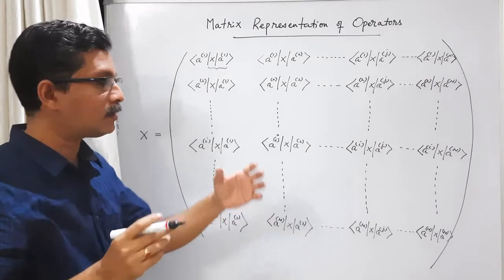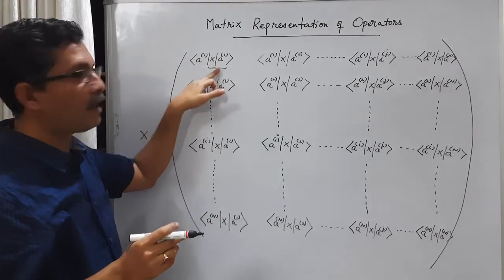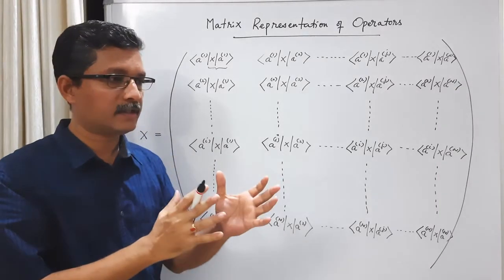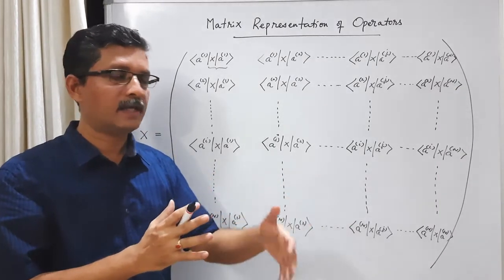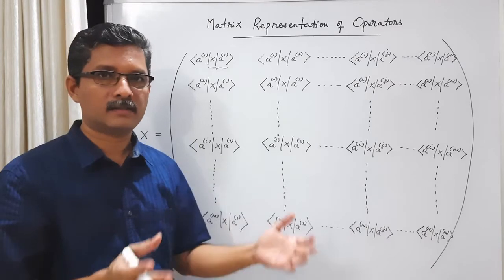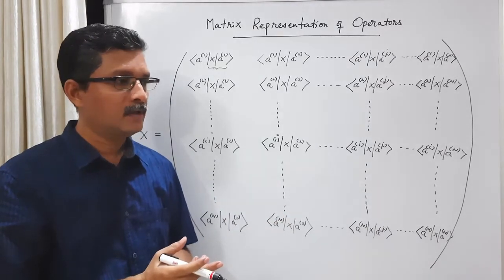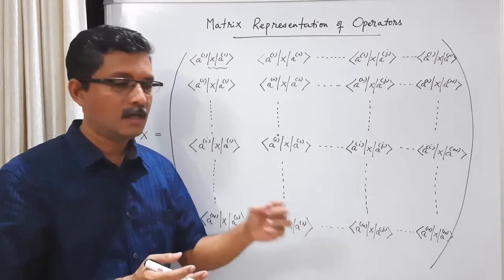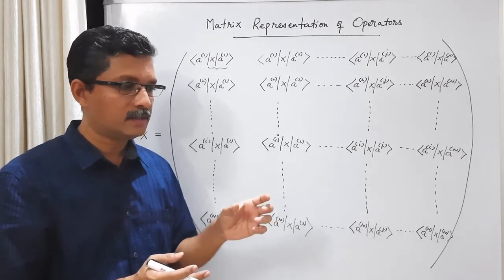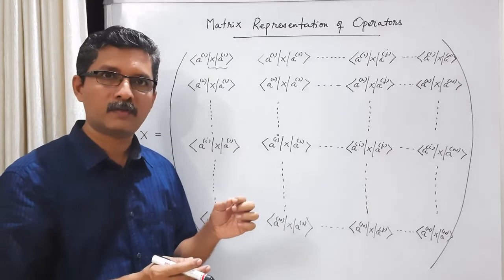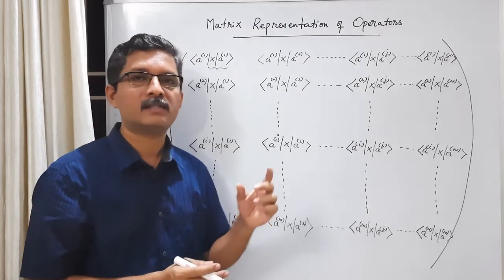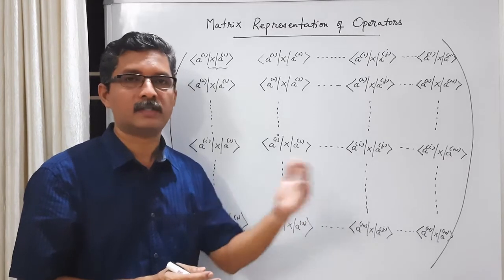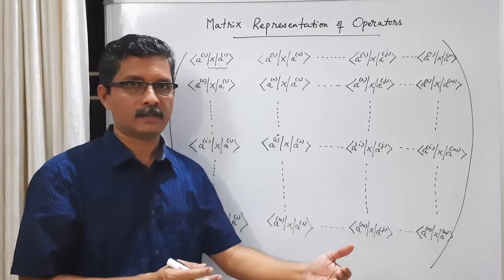When you take the inner product between a base vector and another vector, consider the general vector A. You can expand it as ax i plus ay j plus az k in a three-dimensional physical space. What is i dot A? i dot A is ax. When you take the scalar product between a base vector i and the general vector A, what you get is the component of A along the direction of the base vector. That is ax.